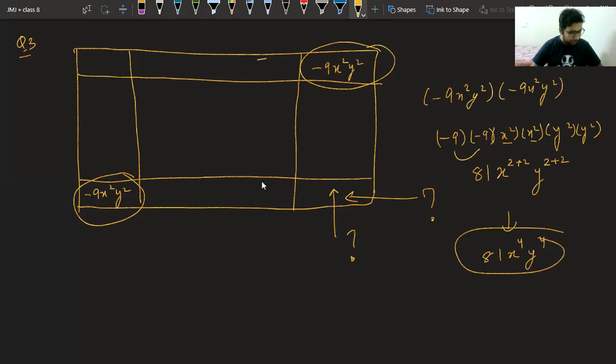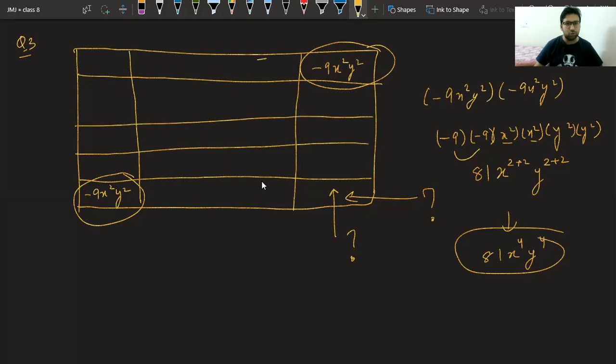Let me give you one more example in this one. They have given you this one, minus 4xy. If I give you this one, minus, no, let me give you 7x square y. That will be better. 7x square y. Tell me the answer of this cell. Class, tell me the answer of this cell. What will come? If this is 7x square y, what will come in this cell? Shreya, this time I want a correct answer from your side. Please do it carefully. What will come in this cell? Go step by step. You will never get a wrong answer. Tell me the answer in this cell.